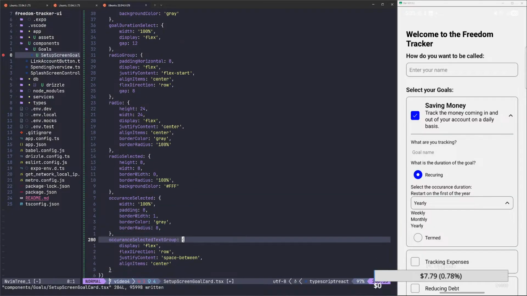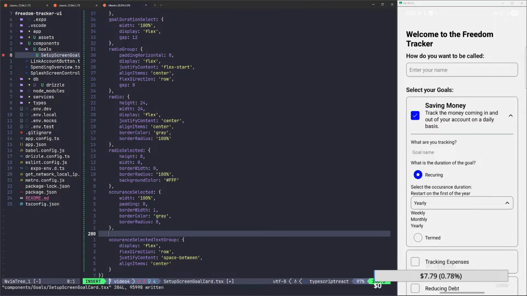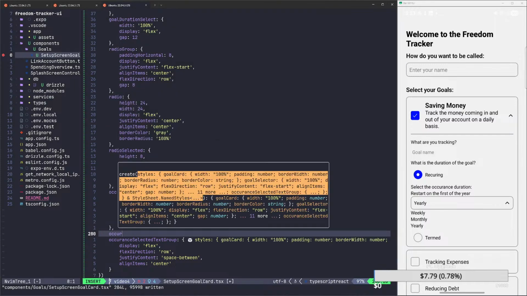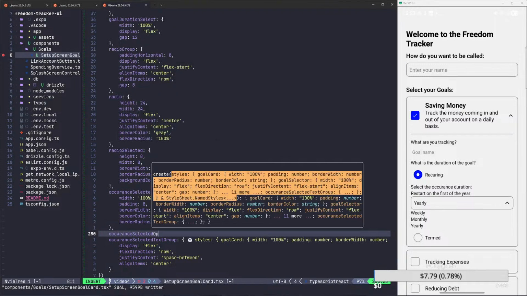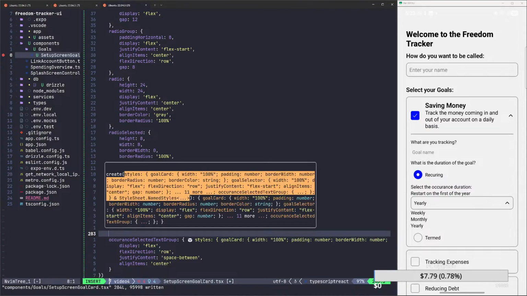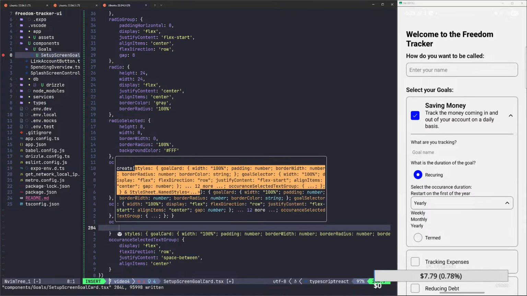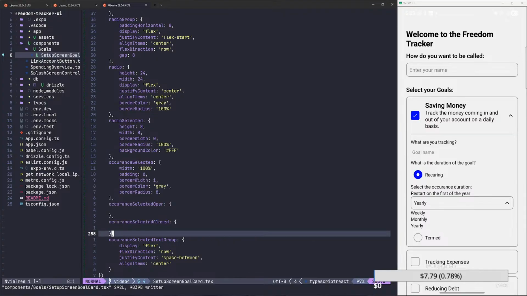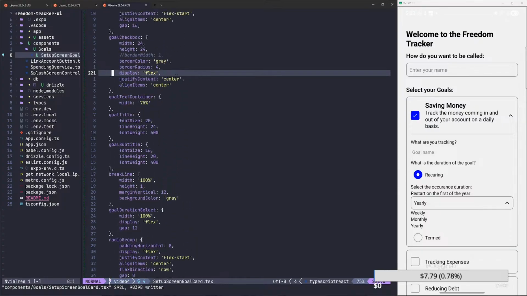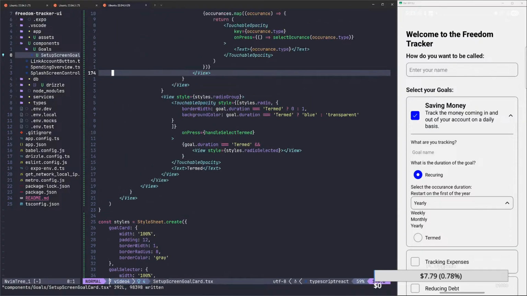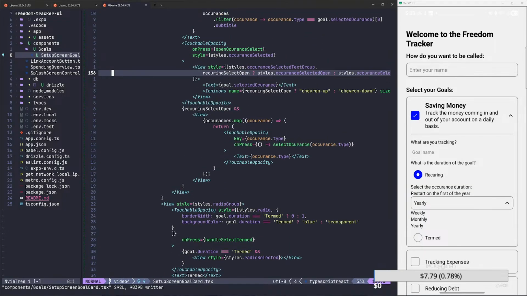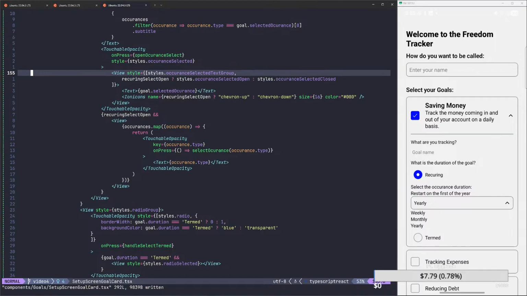But I think what we'll do is, let's see, occurrenceSelectedOpen, and then occurrenceSelectedClosed. Let's just make sure it's gonna take the error away first. It looks like it did. This is really ugly, but we'll kind of deal with it later being ugly. Okay,